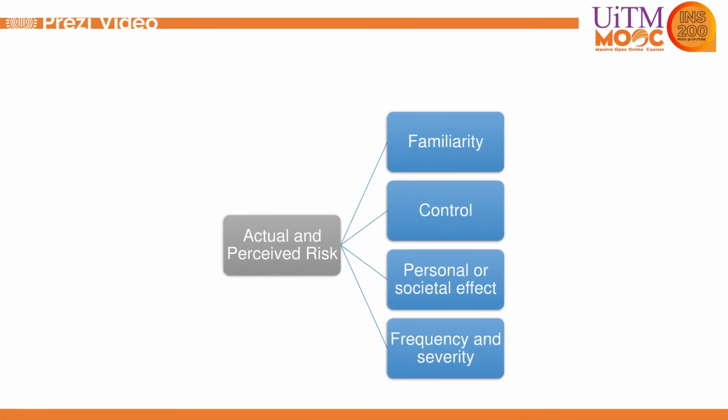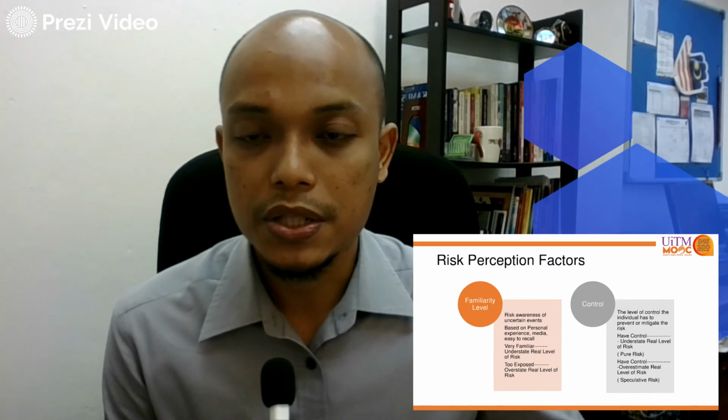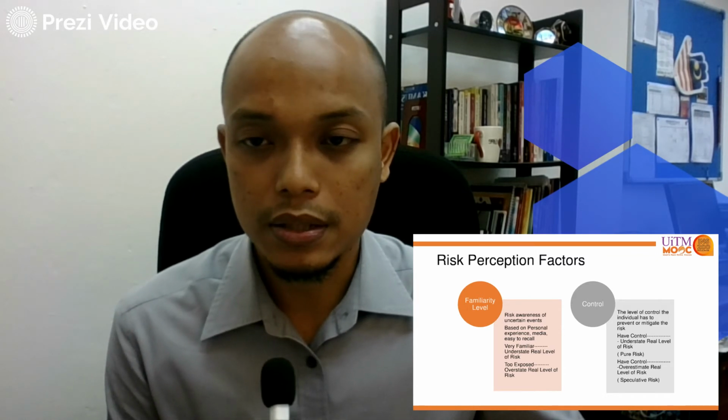In the next one, actual and perceived risk is further divided into four types. The first one is familiarity, the second one is control, then personal or societal effect, and the last one is frequency and severity. The first risk perception factor is